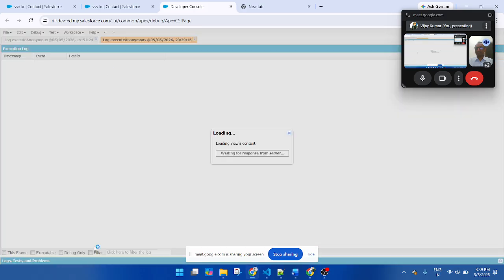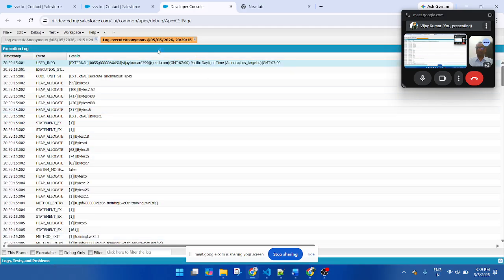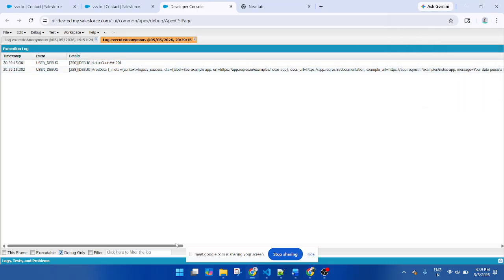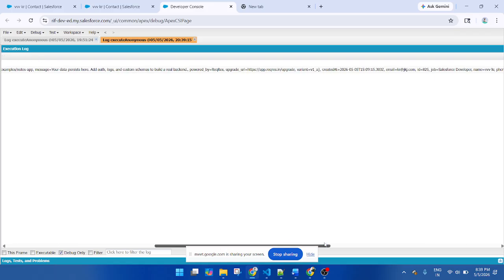So you can see this is a new one. Go to debug only. You can see the status code returned 201, and here I am passing data. These are the details. It returned the API response data.